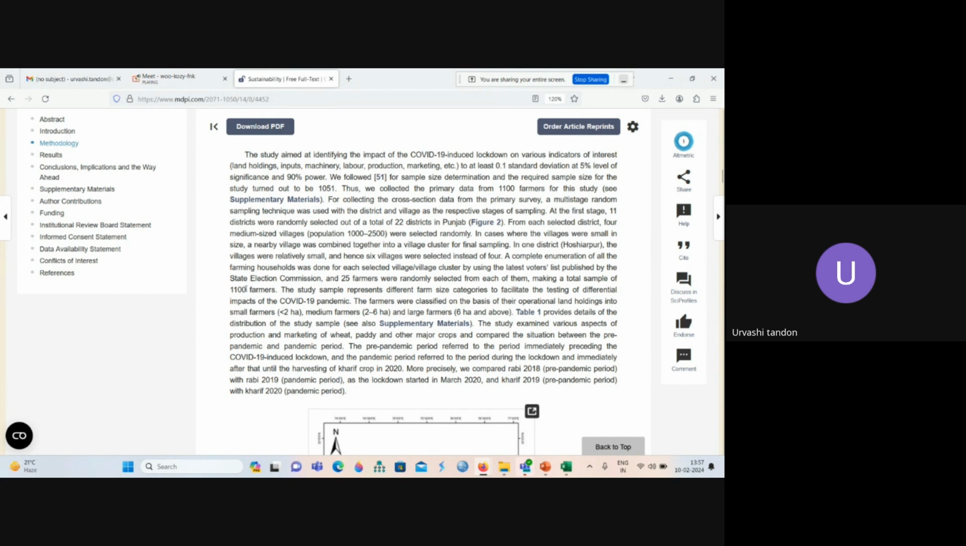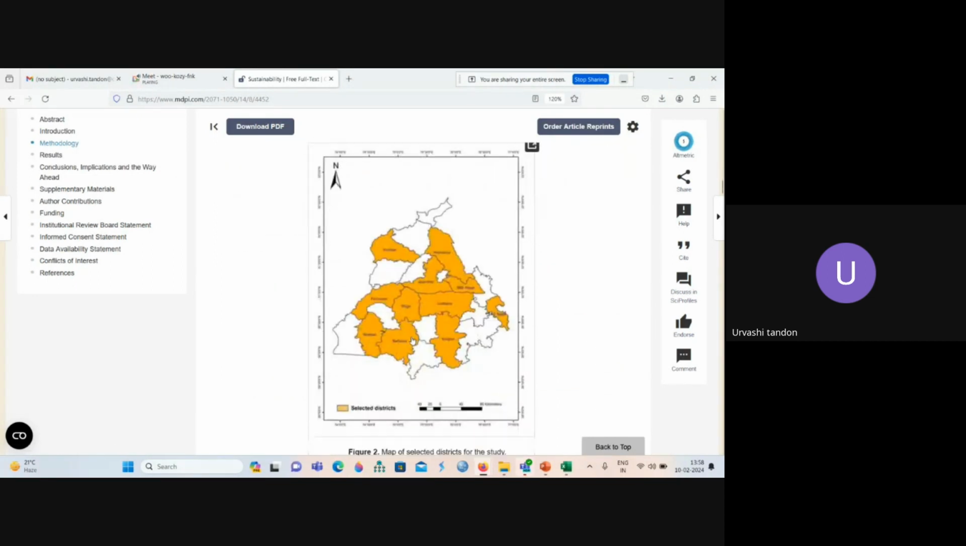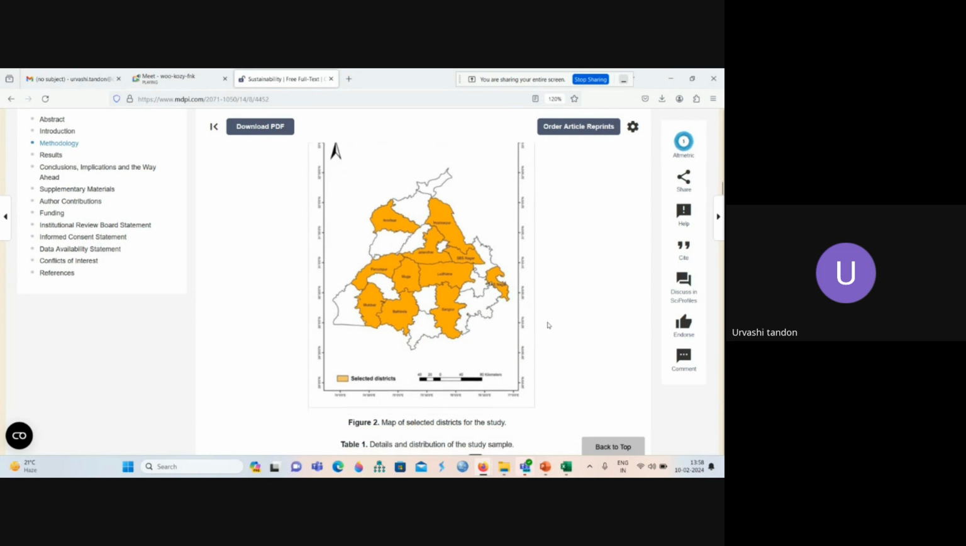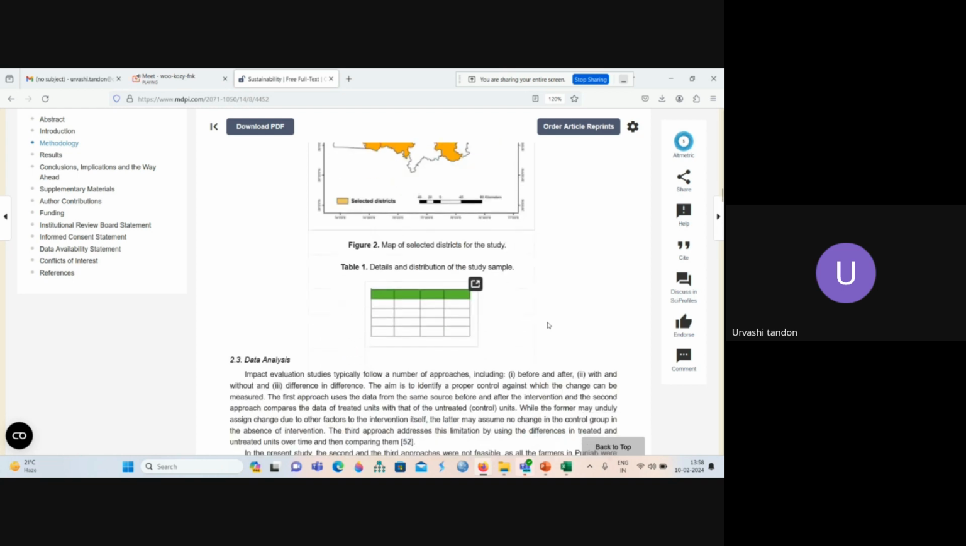So again, you can see how they started with the state first of all, then randomly picking the districts, then randomly picking the villages, and then forming the clusters, right? So this is again your multi-stage sampling. This is how the sampling is done. This is the map of the selected districts of Punjab. And this is, if you want to see,